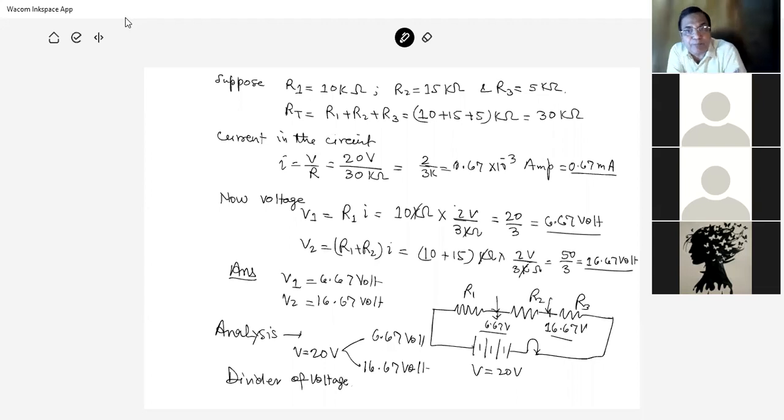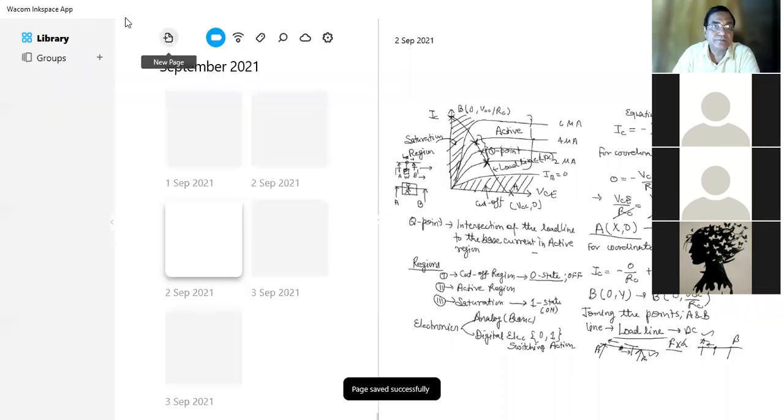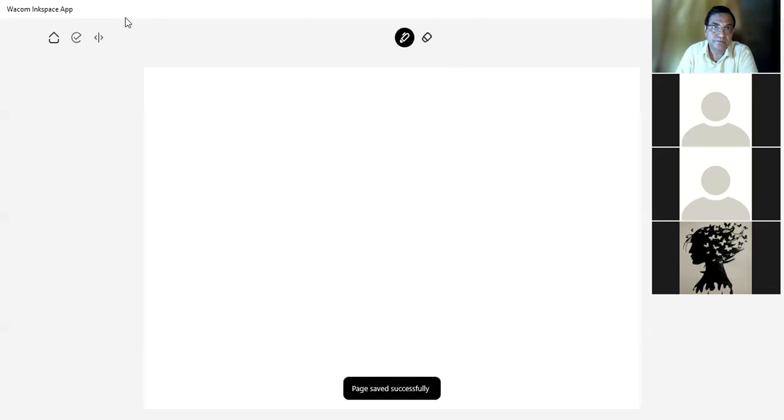And this simple technique is used in the case of a transistor as well. Let us consider one circuit of a transistor in which we apply the potential divider circuit and then find out the various values of the different components.